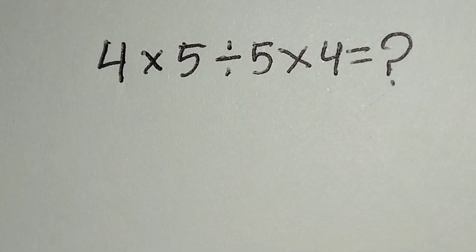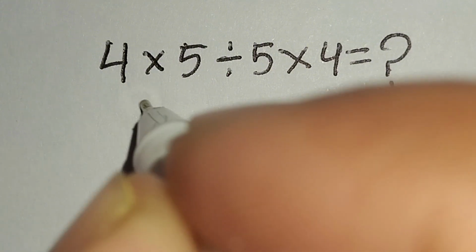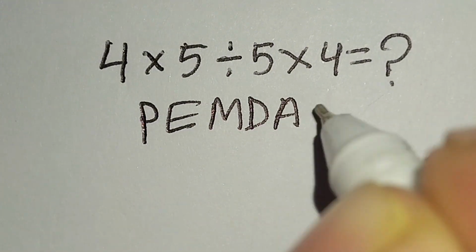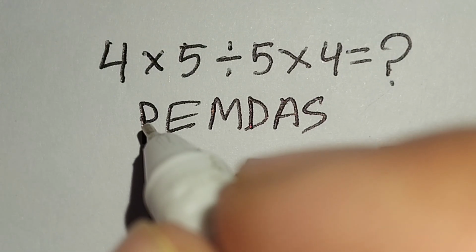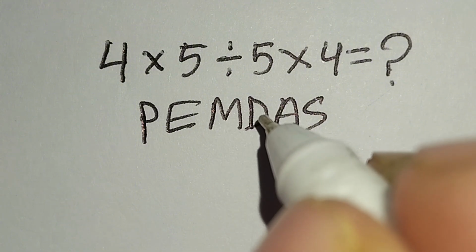Now I will apply PEMDAS rule to solve this math correctly. Here PEMDAS. According to PEMDAS rule, at first we have to work with parentheses, then exponent, then multiplication or division,